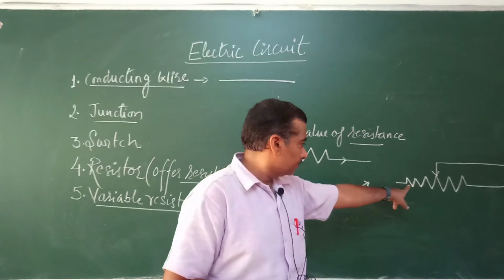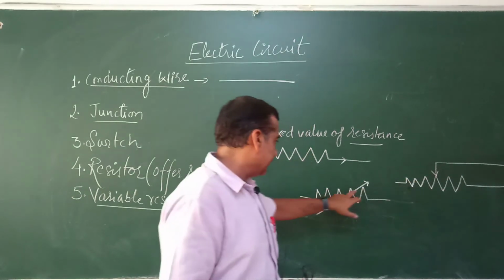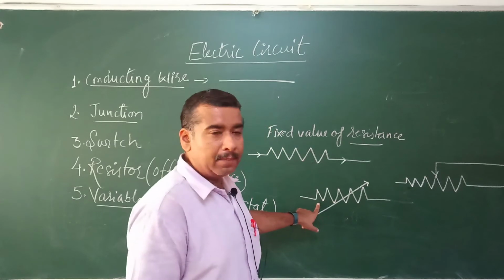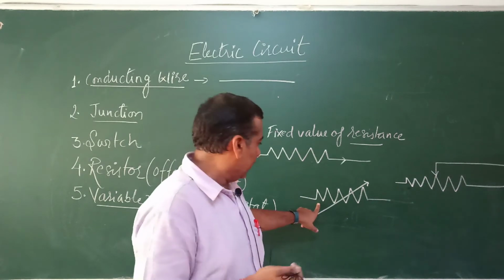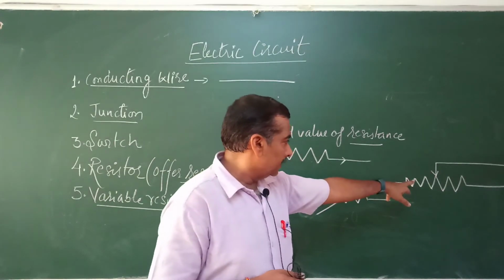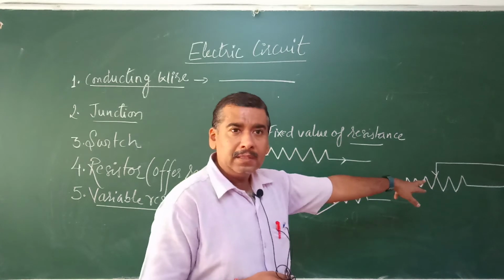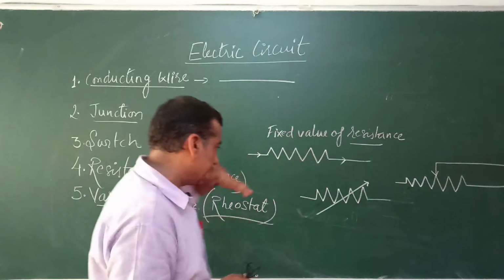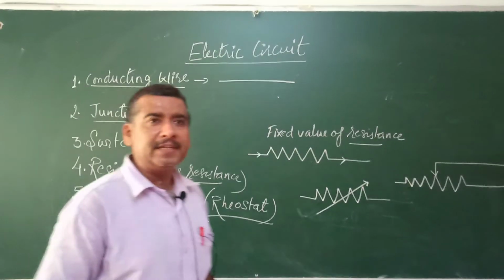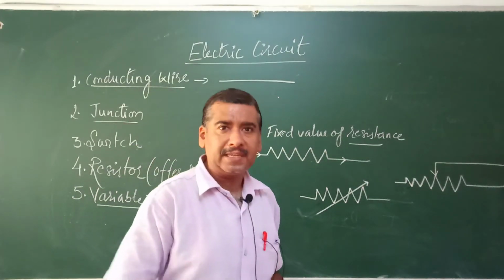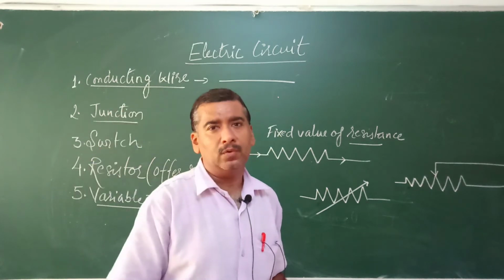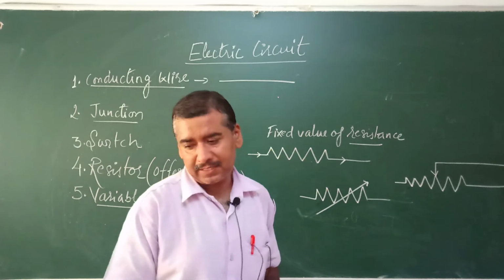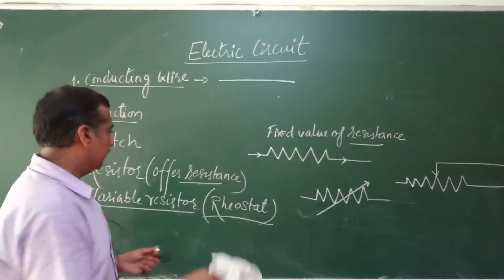So if we change the resistance to the minimum value, the amount of current will be maximum. If we bring the value of the resistance to the maximum amount, the value of current for the same potential difference will be minimum. So this is the function of rheostat. Sometimes it is also known as a current regulator because it can regulate the amount of current flowing through a conductor by increasing or decreasing the amount of resistance in the circuit, right? So it is known as a rheostat.